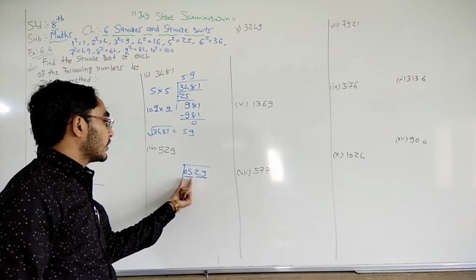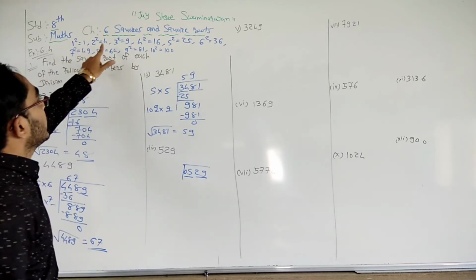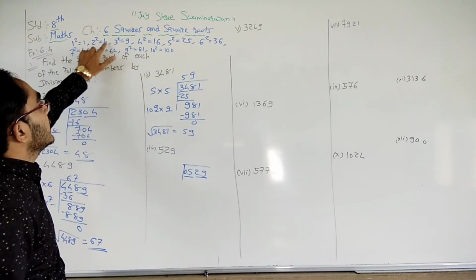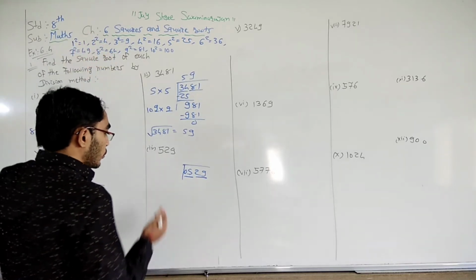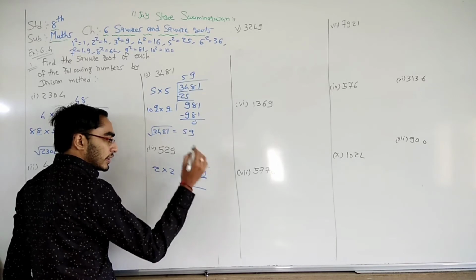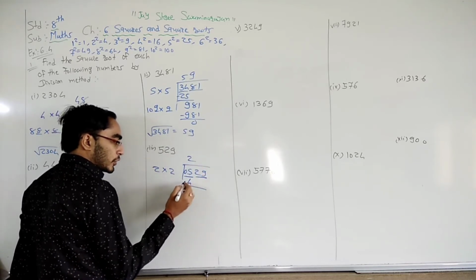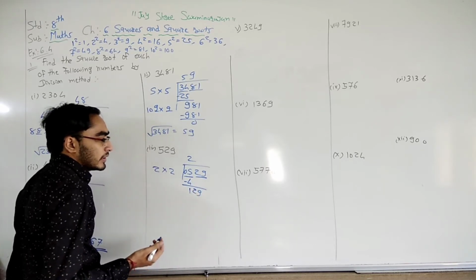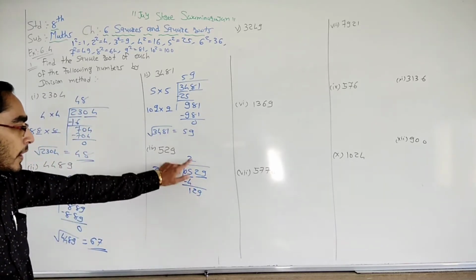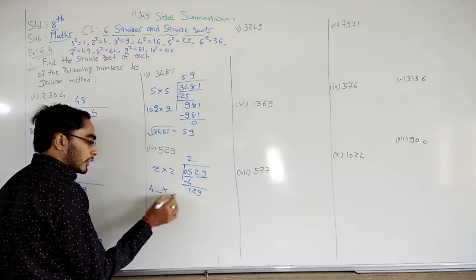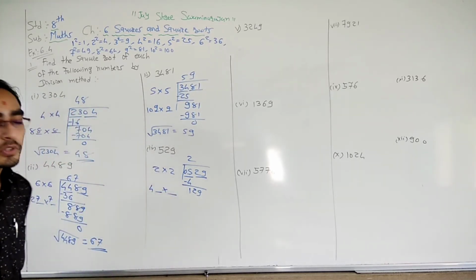Now check, this 05 lies between 4 and 9. Right? 5 lies between 4 and 9, and out of that the smaller number is 4. So 2 squared, so 2 multiplied to 4. And here we need to put that digit. 5 minus 4 is 1. This 29 comes here. Okay. Now 2 multiplied by 2, so 4, 1 space blank, 1 space blank.